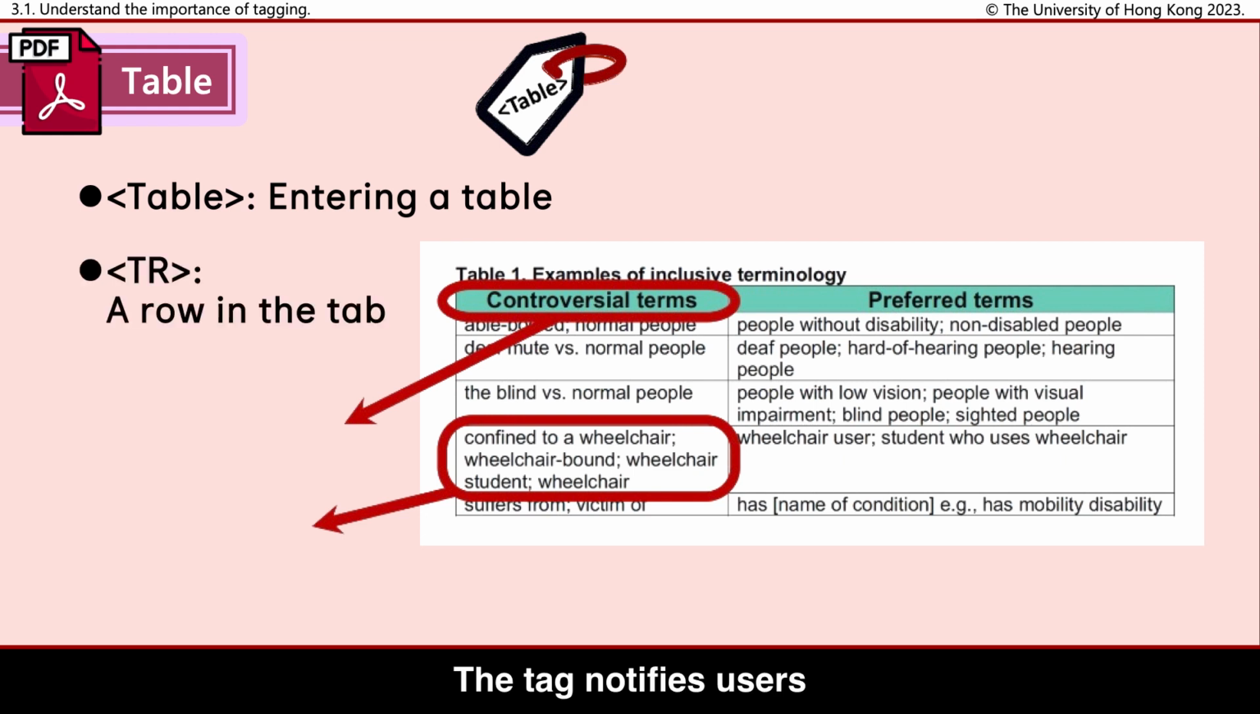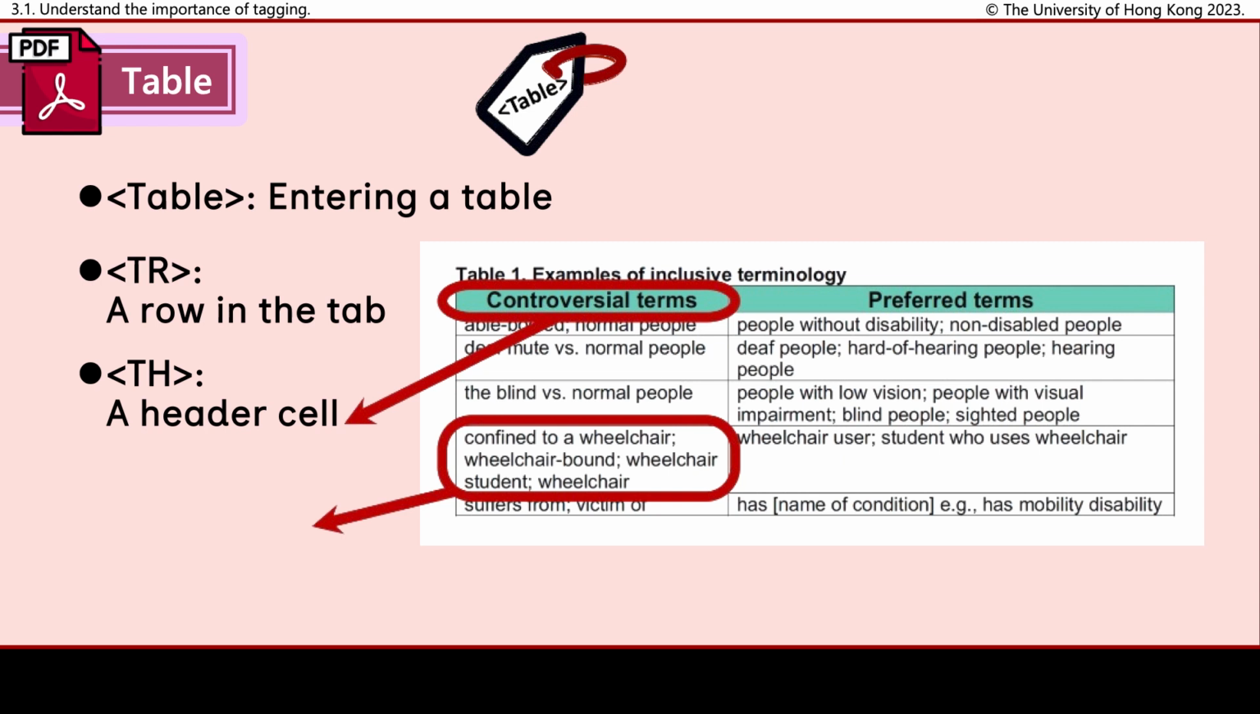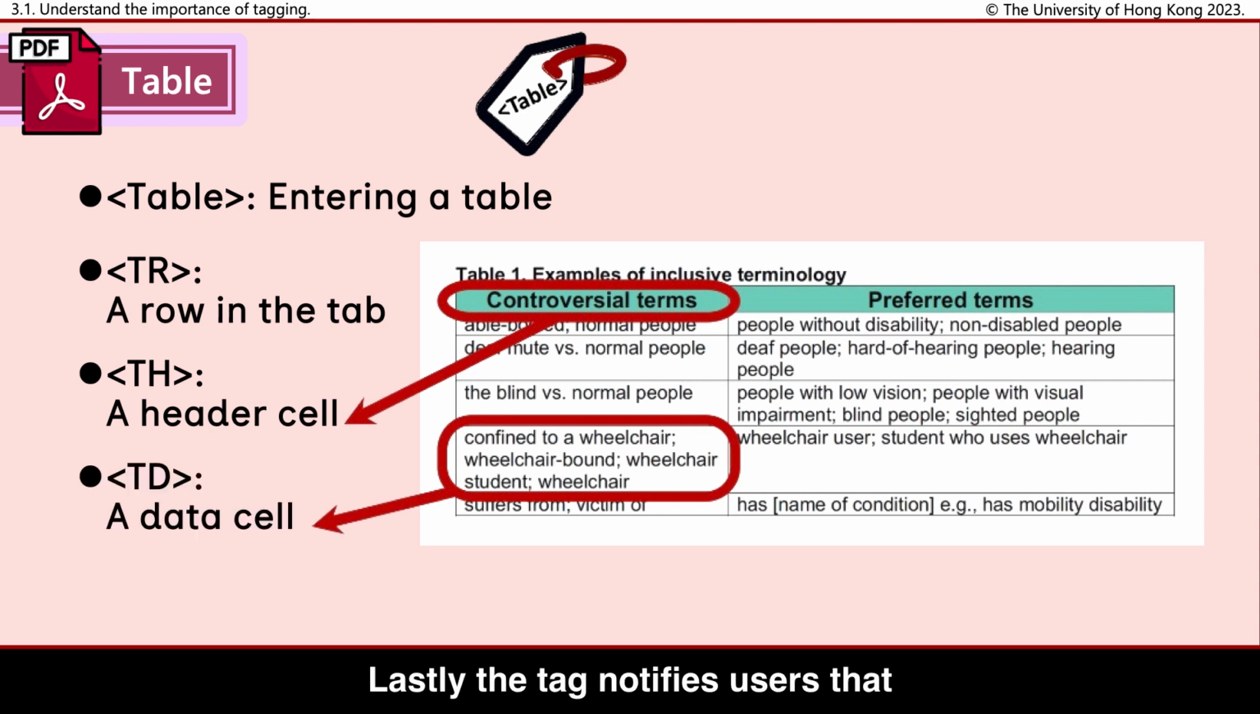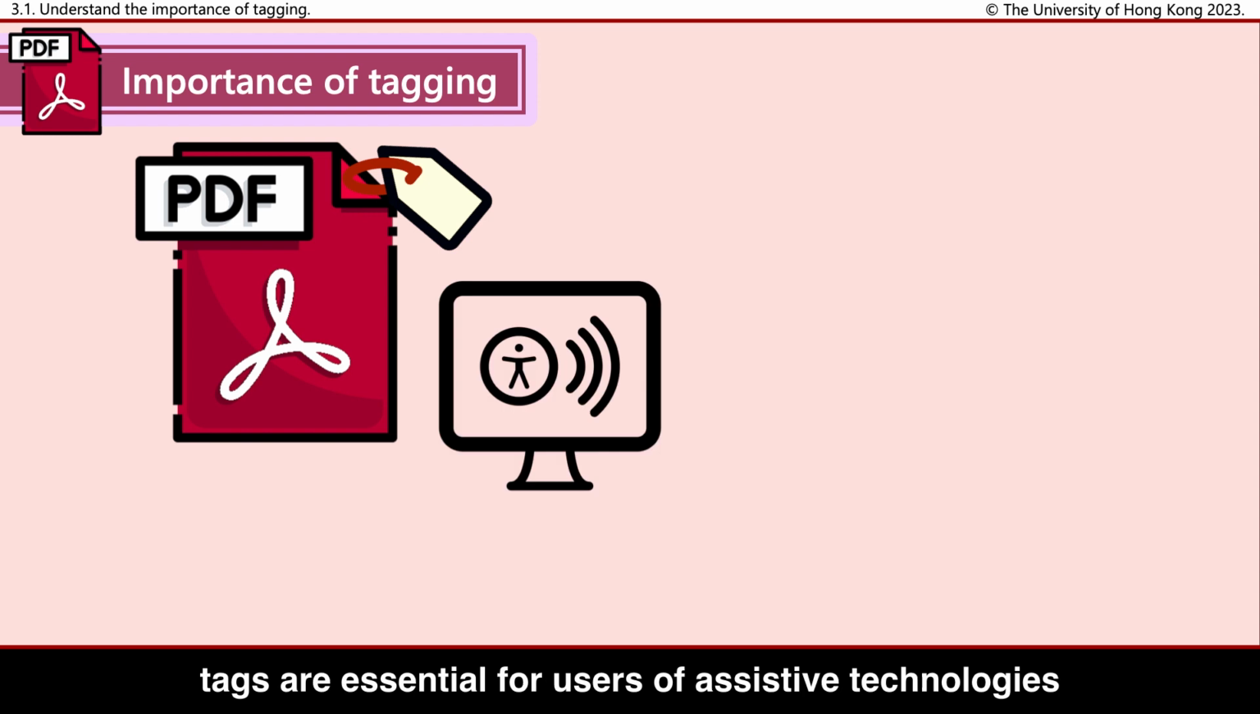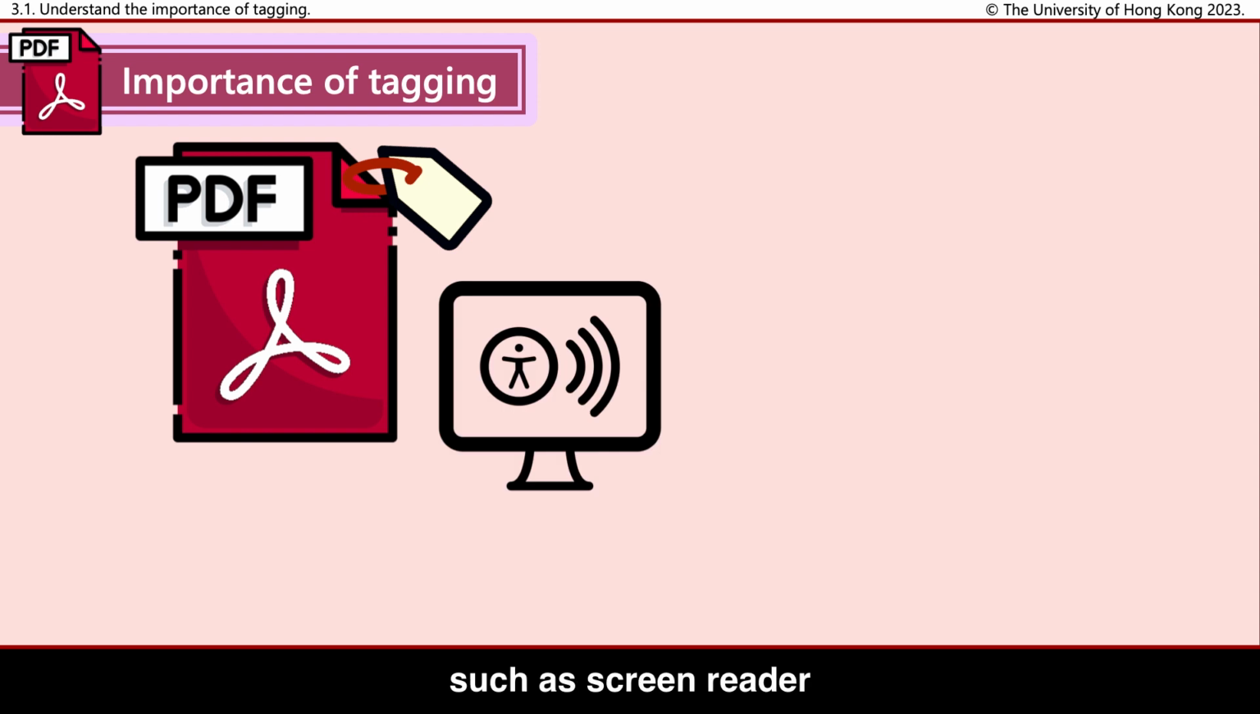The TR tag notifies users that they are entering a row in the table. The TH tag notifies users that they are entering a header cell. Lastly, the TD tag notifies users that they are entering a data cell in the table. It is important to note that tags are essential for users of assistive technologies, such as screen reader, to access